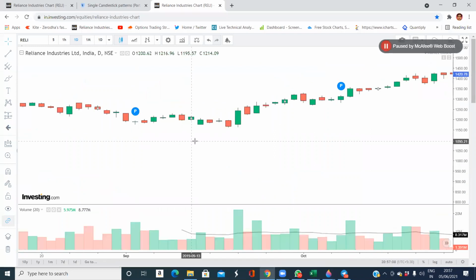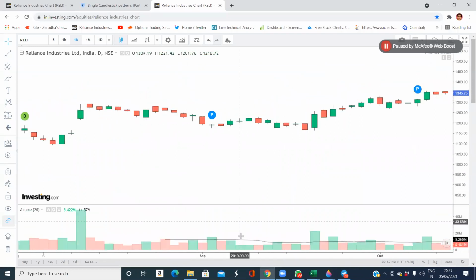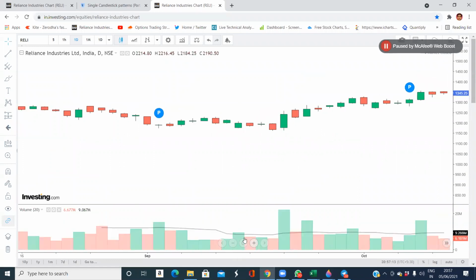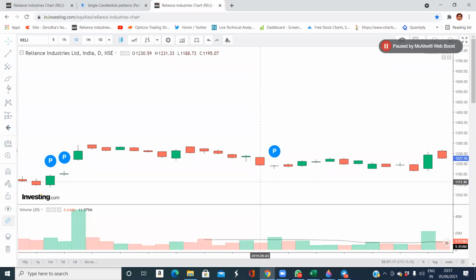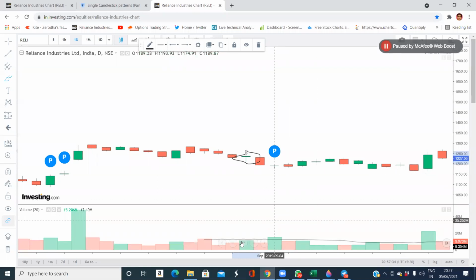Because most of the time I find the other dojis, not the very peculiar one. The big green is very pertinent, and the bullish and bearish ones are also pertinent. But these candles, which make a trigger, where the deciding factor is there, it is very difficult for me to identify.